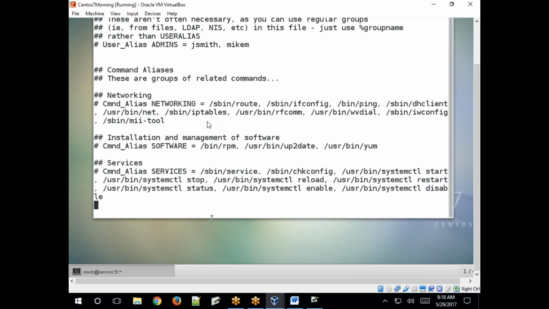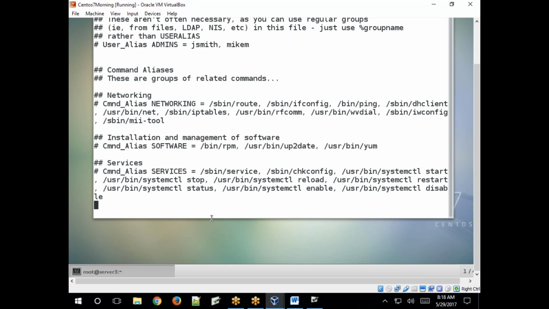If you want to allow particular commands, it is very difficult, because when you add the user you have to write all the commands you want that user to execute. Instead, if you want to allow networking tasks, an alias name was created for all those commands, called NETWORKING.